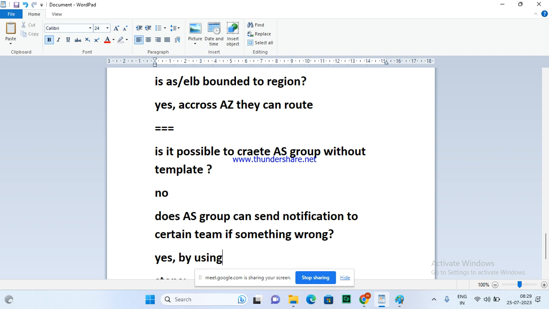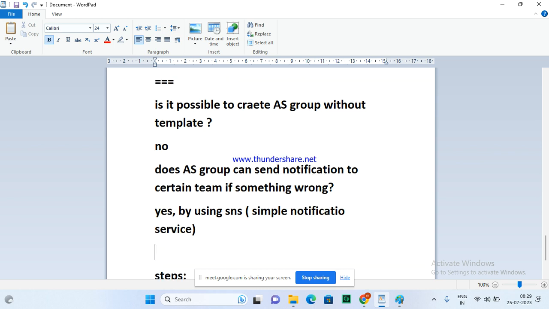Yes, by using the SNS service. Amazon has the Simple Notification Service. So auto scaling will take help from one service called SNS to send a notification. Auto scaling is not doing that itself; it takes help from one more service called SNS.